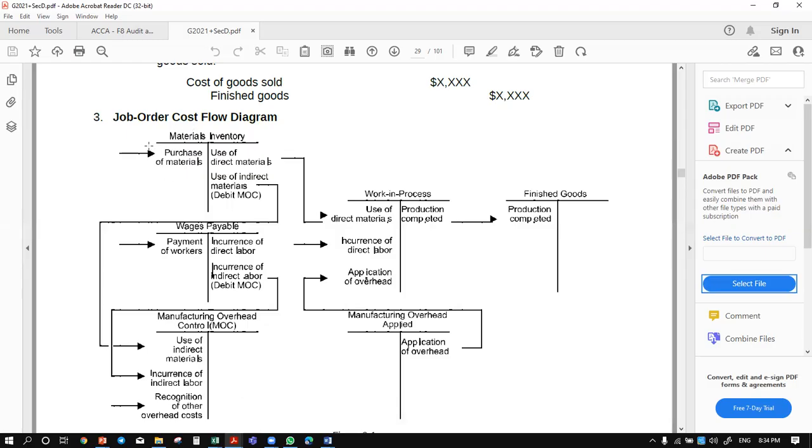Out of 100 kg, 80 kg has gone to work in progress, that was direct, and 20 kg was indirect. So indirect will be going to the overhead, as we know that overhead cost includes indirect material, indirect labor, and indirect expenses. That is why any indirect material will go to the